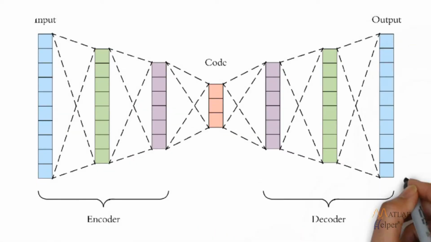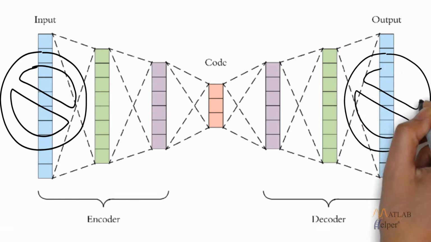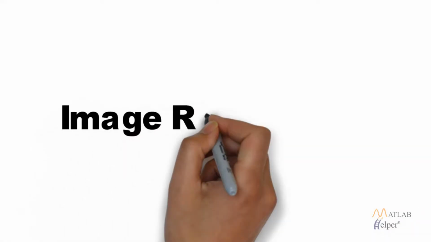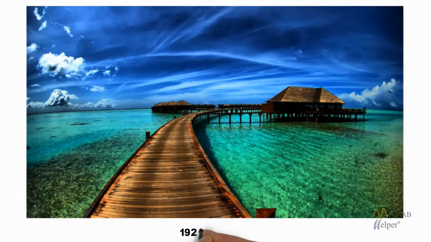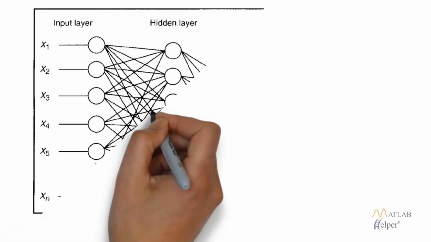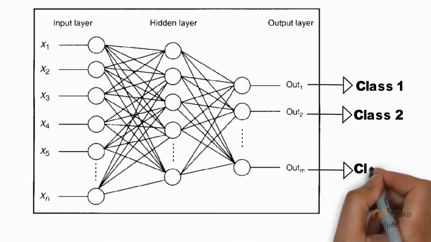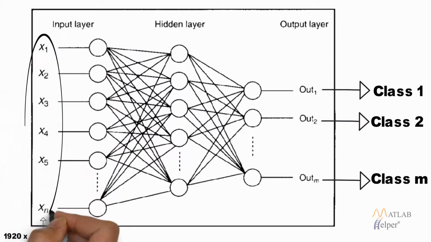Basically, we are not concerned with the input or the output. What we are concerned with is the hidden layer neurons. So let's take an example of image recognition. Let's say we have very high resolution pictures and we want to classify those pictures into certain categories. Now if you just supply these high resolution pictures with a high number of samples to the network, then the training will be slow, and it will also depend upon the computational capabilities of the computer.